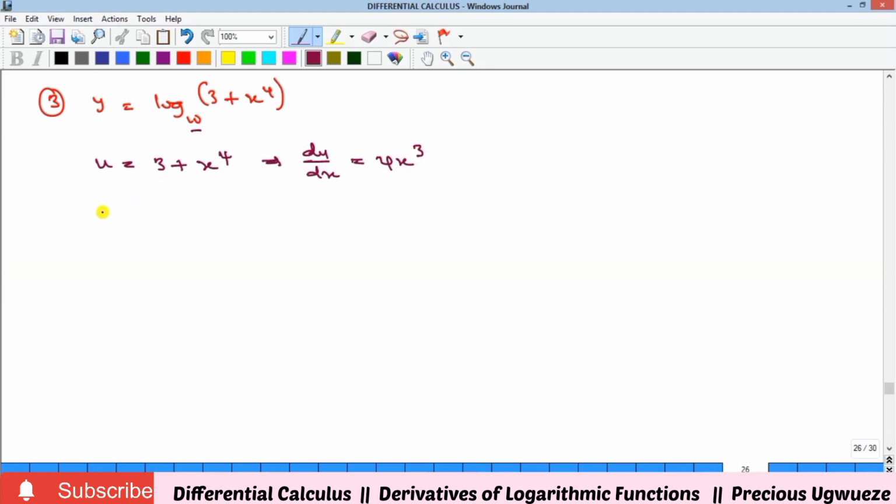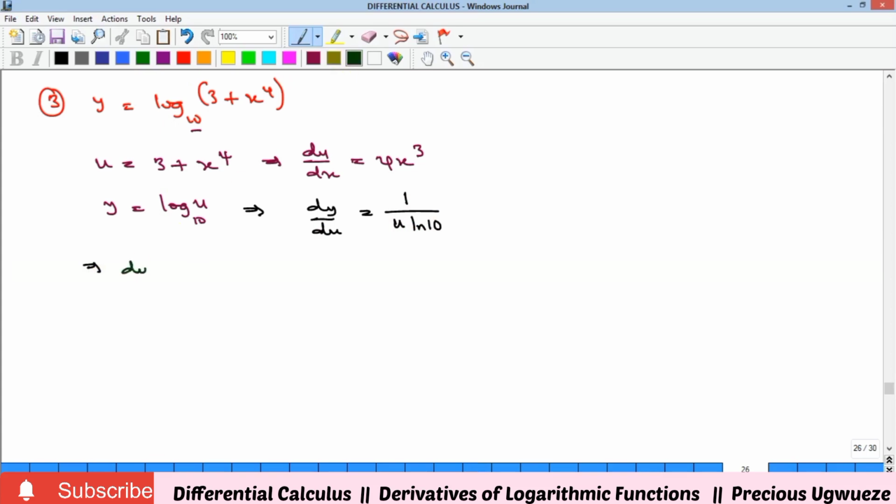And then our y will now be equal to log u base 10. And so when you differentiate log u base 10, what are you going to have? So dy du is going to be equal to, from that relation, 1 all over u multiplied by the ln of the base, and in this case the base is 10. Okay, so that means that our dy dx,